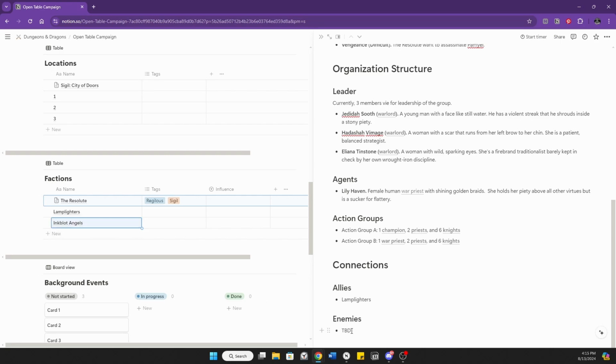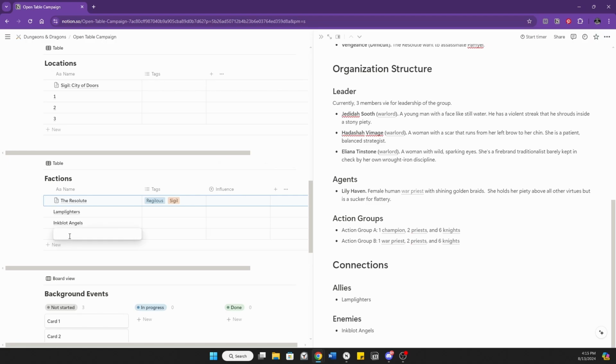Okay. And they are very much the primary enemy of the Resolute. And then there is Moloch. Now, for those of you familiar with some D&D lore, Moloch is an archdevil banished from the Nine Hells who lives in Sigil. And he, although an entity by himself, an individual, is, frankly, in my mind, a faction as well, right? Think about